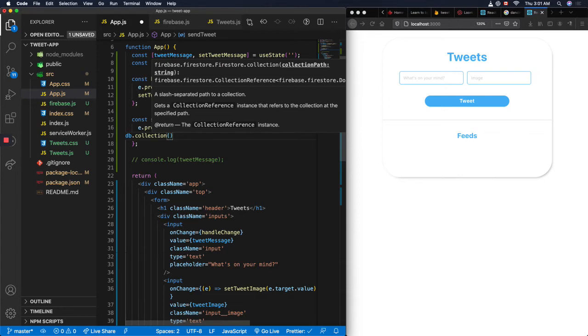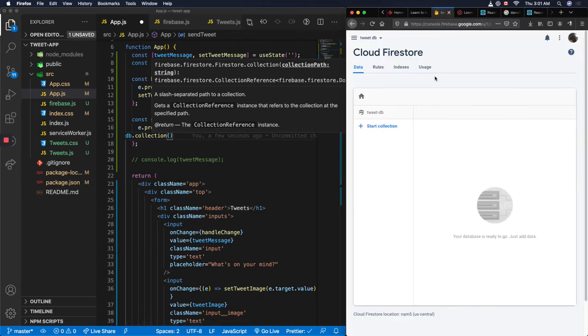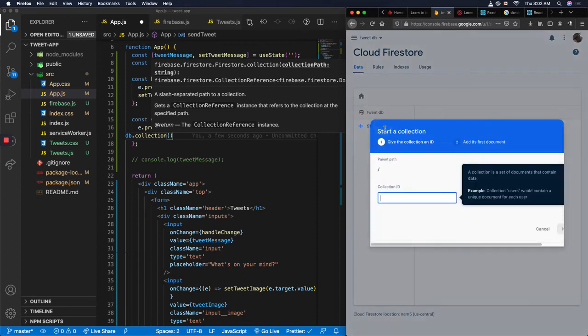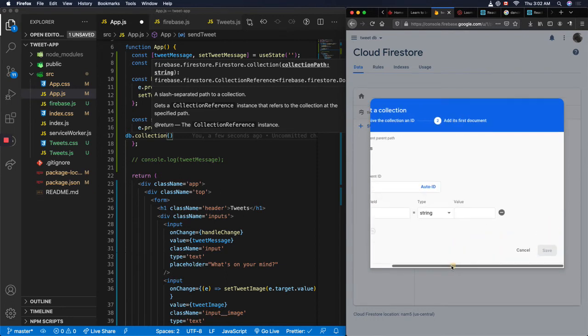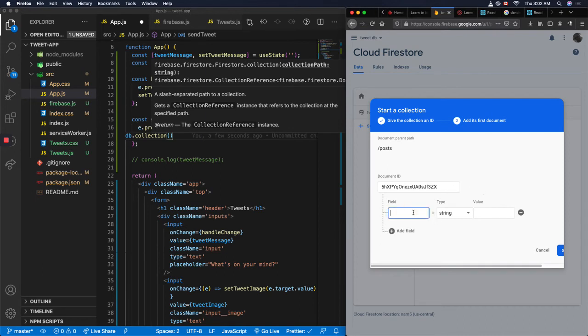Now hold on guys, we haven't created this in our Firebase, so let's create it now. So we're going to have here, you see collections. So we're going to start our collection, and we're going to name our collection posts, and that's all we need there. So once we name our collection posts, we go to next, and I'm going to write all our posts now. Click this auto ID. It's going to generate an ID for each post, just to distinctively differentiate the posts. So the first thing here is going to be the field, and the field is going to be